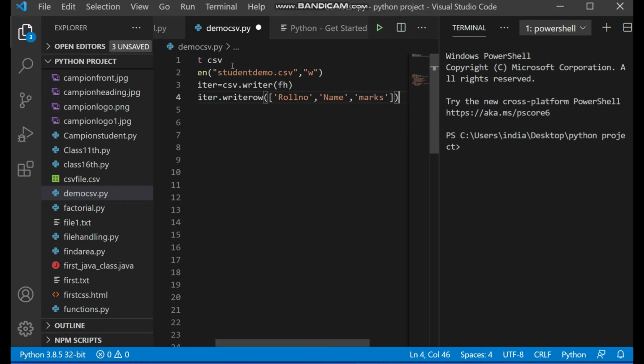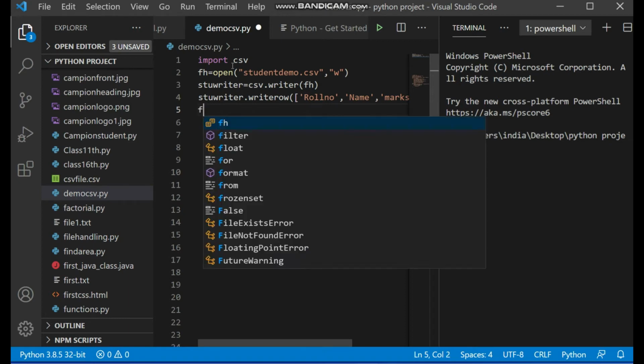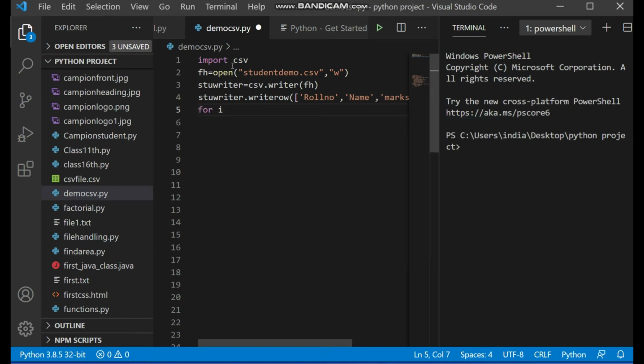Afterwards, because we want to write certain records, we need an iteration process, because multiple records are to be inserted. That's why we take the help of a for loop. As we know, for always gives a control. For i in range 3, suppose I want to write 3 records, so I will iterate this process 3 times.